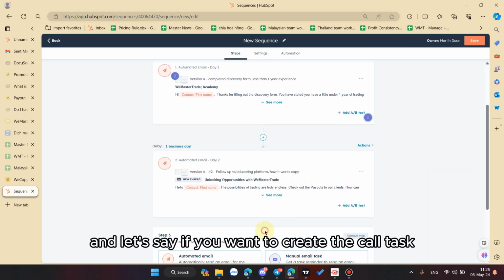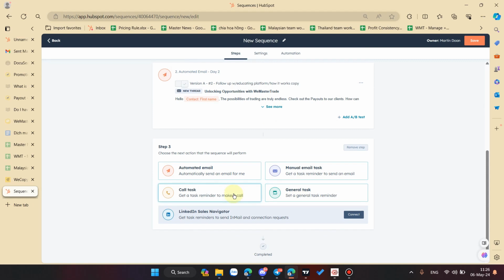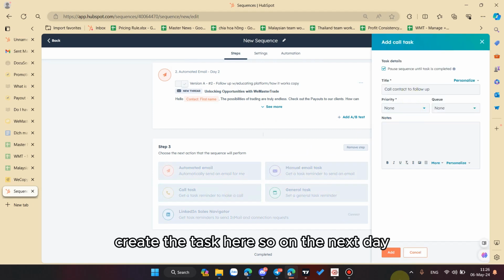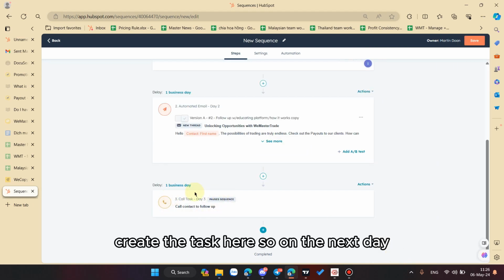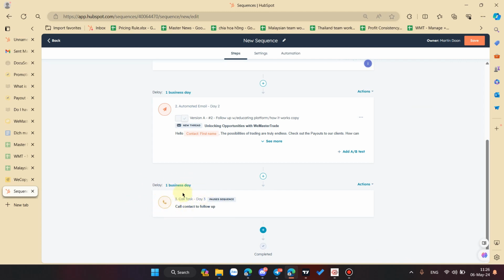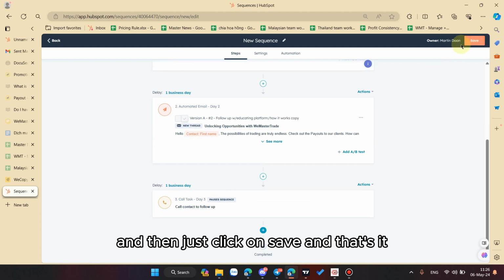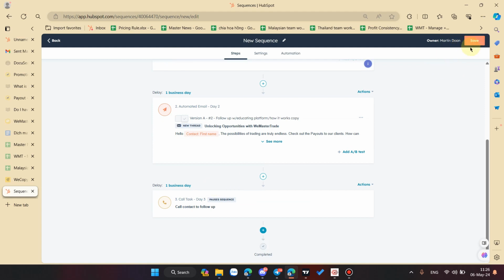And let's say if you want to create the call task, create the task here. So on the next day, you will have a task that you need to call the client, and then just click on save, and that's it.